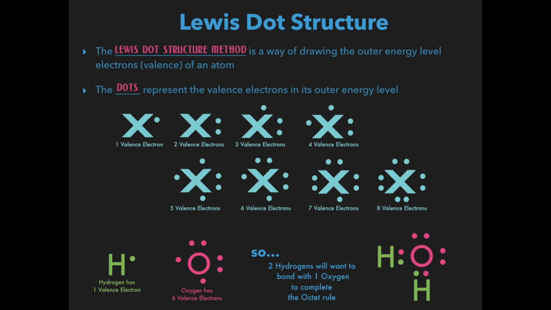If we have 2 valence electrons, 2 on the side, 3, we start moving around that element, okay, on the top. Then when we go to 4, we go to the left, and then 5, we go back down, then we circle around. So you can see the bottom left, hydrogen, 1 valence electron. Oxygen has 6, so it needs 2 more. So on the right-hand side bottom, you can see it brings in 2 different hydrogens to kind of steal their